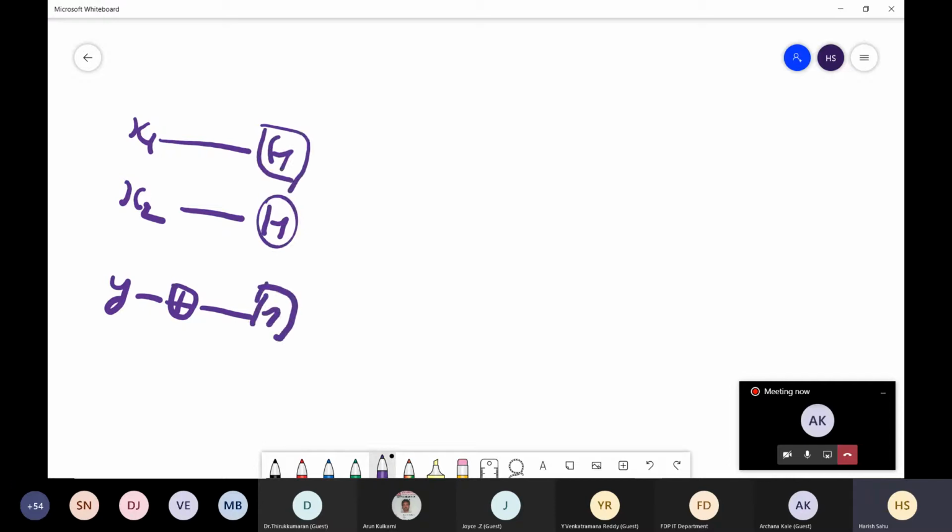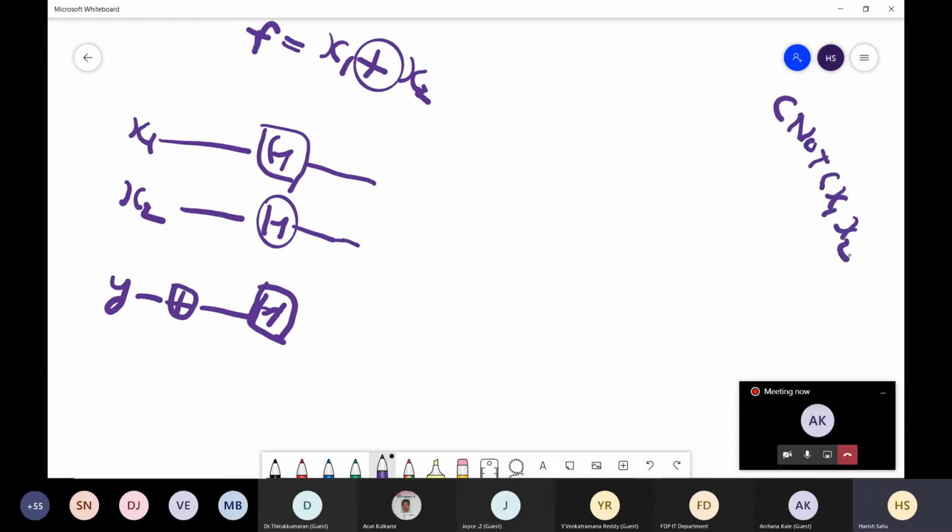Now, are you able to see this? This is Hadamard. Yes, sir. Our f is x1 XOR x2. So if I want to do the XOR of the first two qubits, x1 and x2, how can I do that? Can anyone tell? If you remember, there is a gate called C0.